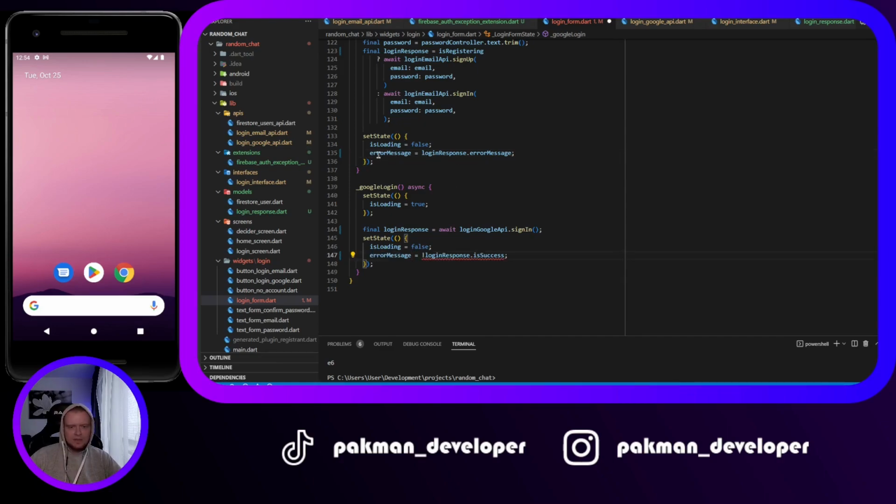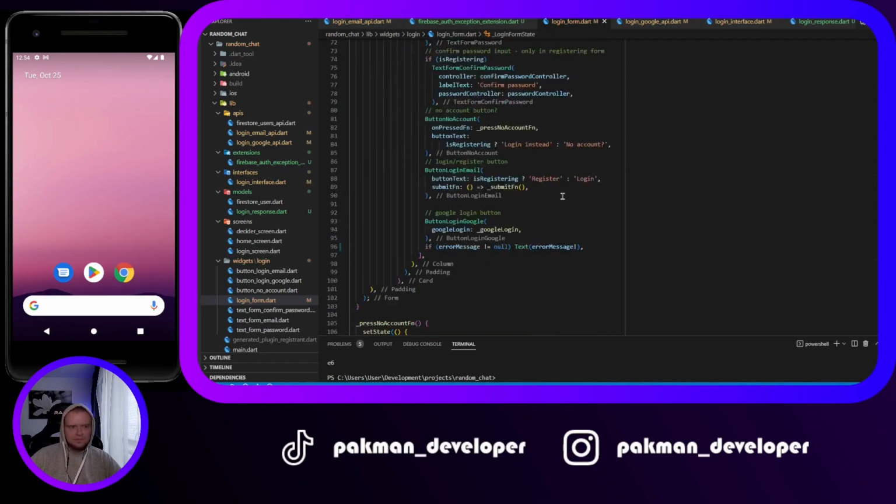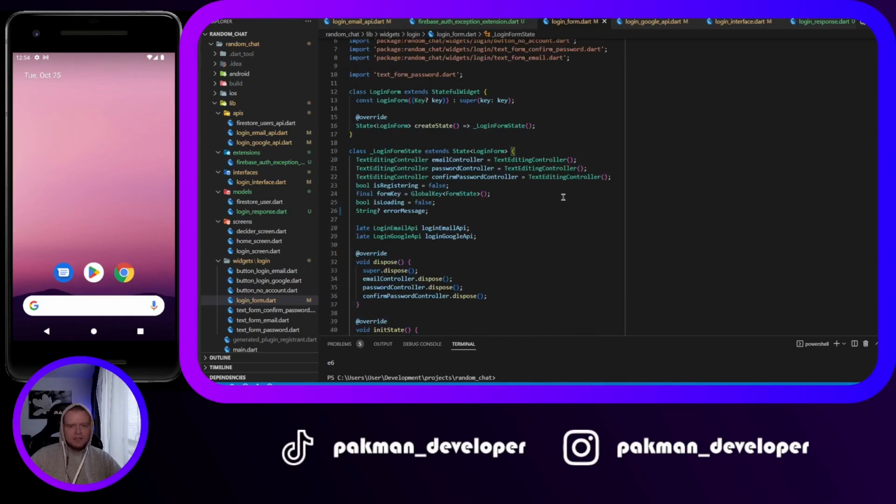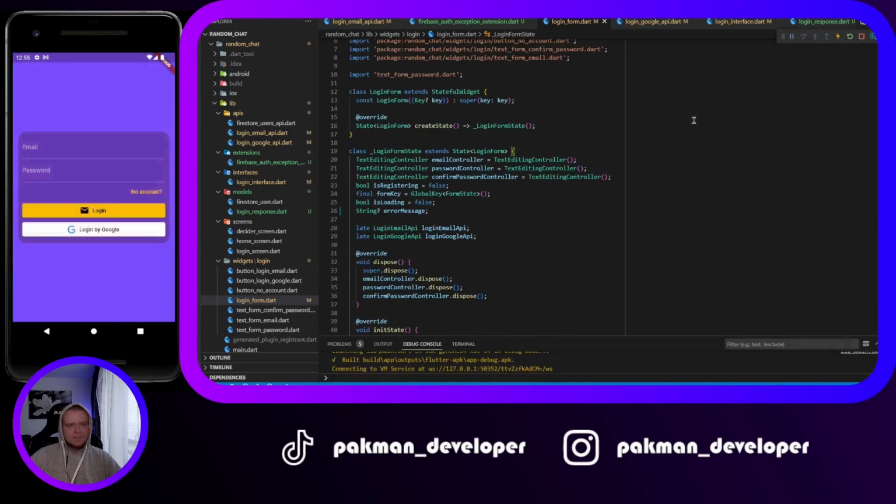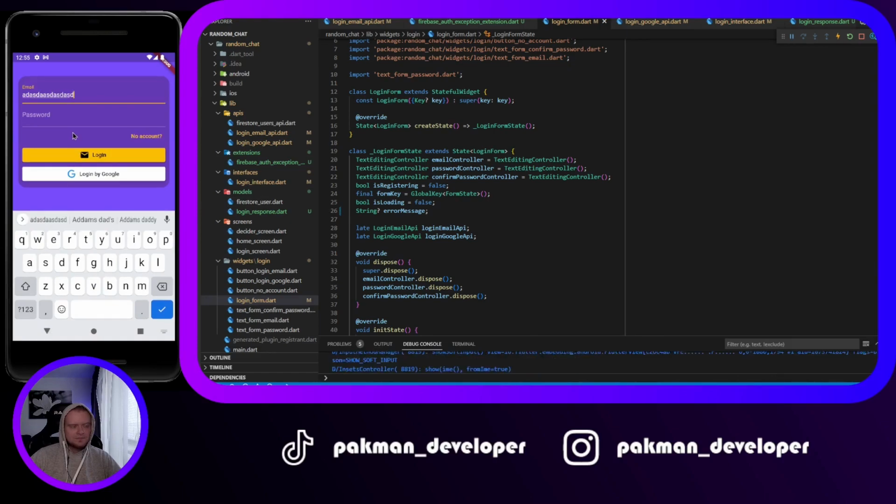And the same with Google login. Let's just save it. And I think we can run our application. So now our application is up and running, so we can try to log in. Let's just put some stupid values. Of course, it needs to be a valid email, so that